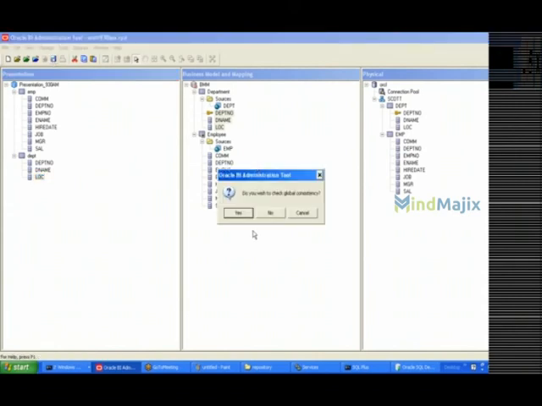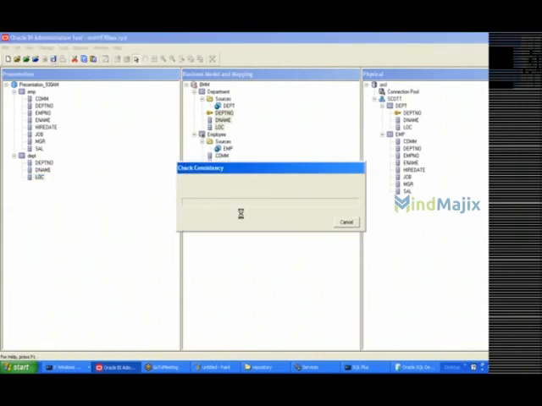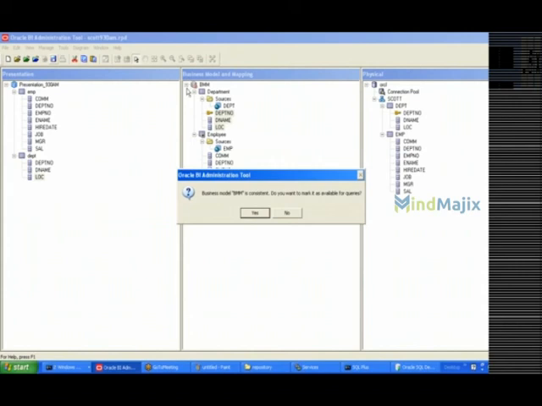So now let me check in the changes and check the consistency. Okay, so now if you observe, as of now my business model has a stop icon, a small red icon. That stop icon means the RPD is not consistent. Now after checking in the changes, which means I have manually modified this, if I click on yes, then the RPD is consistent now. Which means this stop icon will vanish.